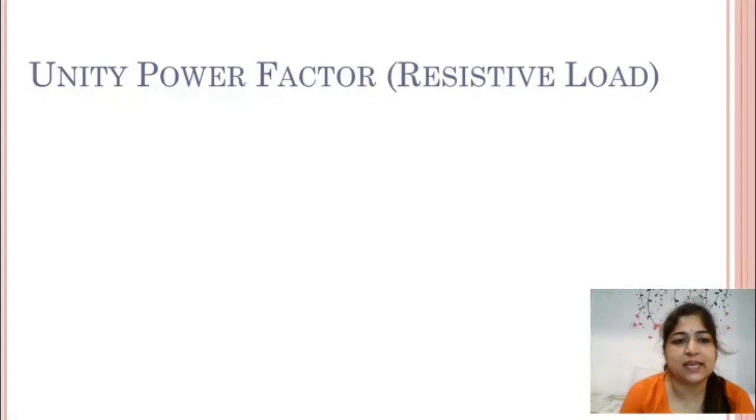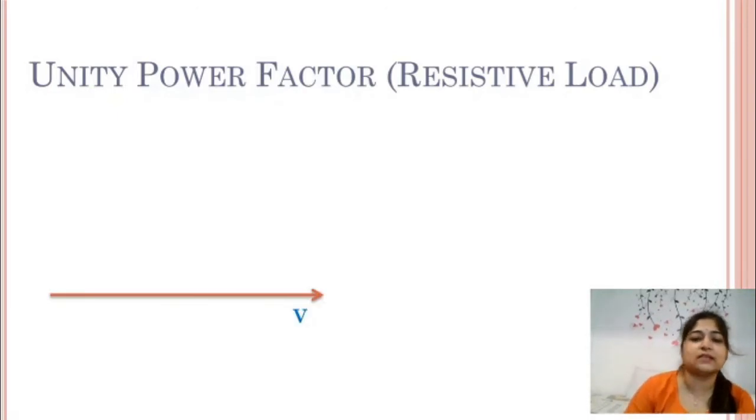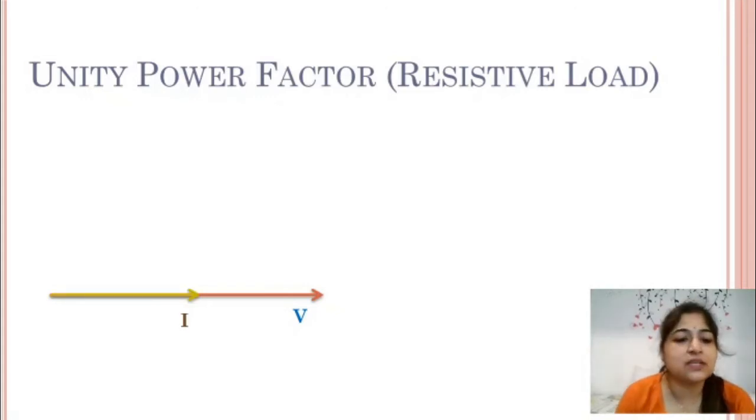Almost the steps will be the same. A phasor diagram is always the relation between two phasors and it is always drawn as compared to each other. Again we will draw V as reference here, and the next step is to draw current IA. Because this is a resistive load, current IA will be in phase with V. So I'll draw it. So this is IA. IA will always be in phase with V, exactly as I have drawn here.